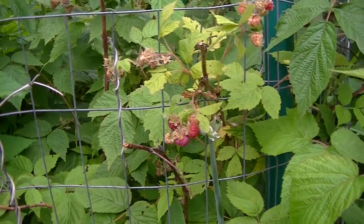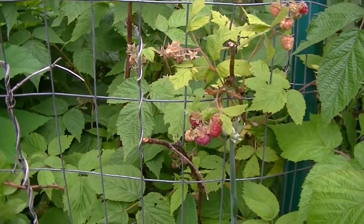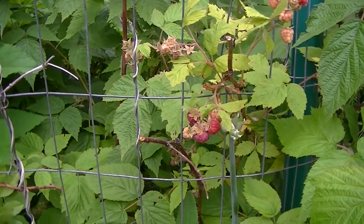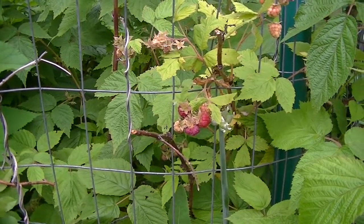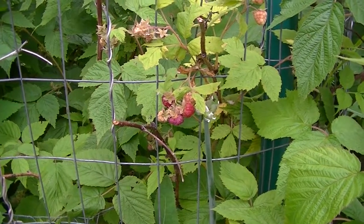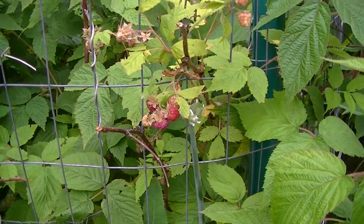Good morning. Well, how do you start a garden to save money on grocery budgets? Today we are going to take a tour in our garden to see what is growing. So today is July 1st, 2022, and we are looking at